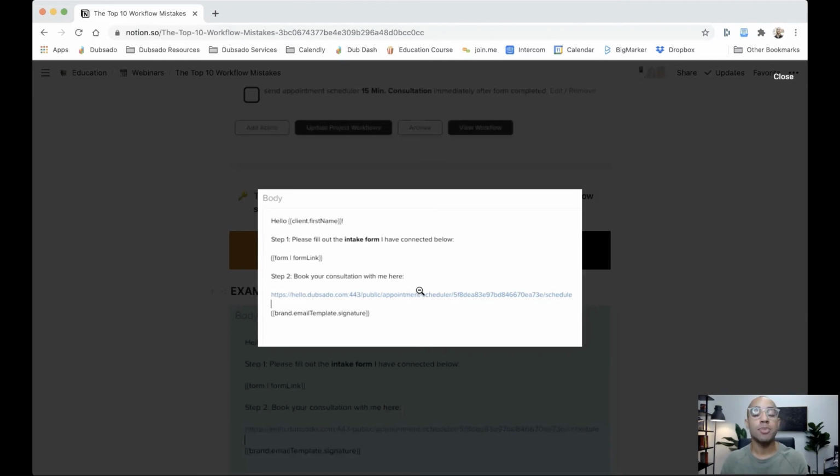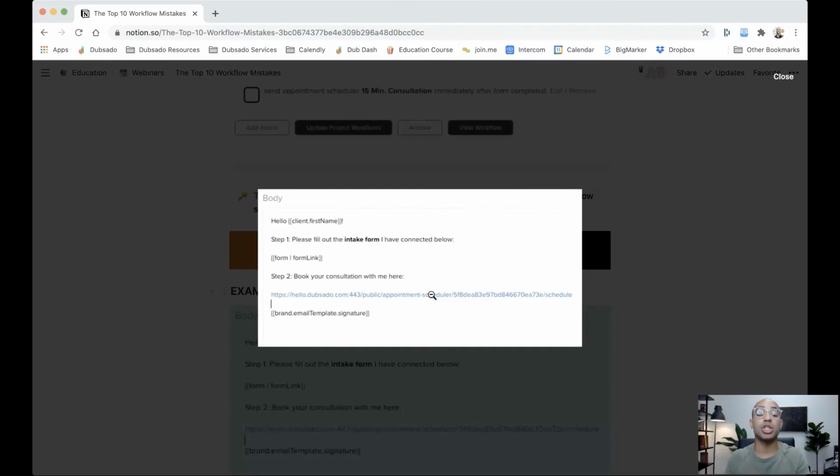Then what happens? Great question. I'm glad that you asked. So if someone were to fill this out, and let's say this is just a scheduler by itself, you don't have that additional form in there. Once someone books an appointment, they're going to pick their time, and then it will take them to kind of a fake lead capture form where they're putting in their information,